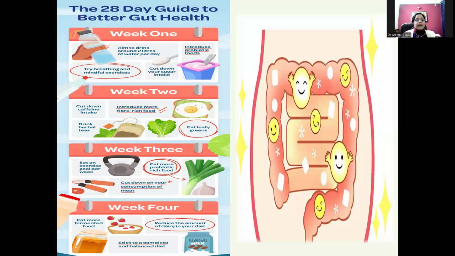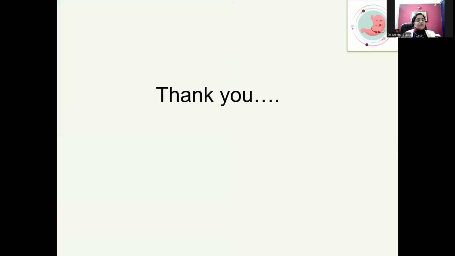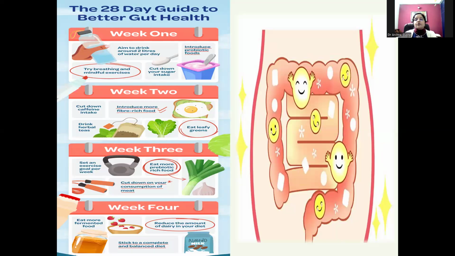फर्मेंटेड फूड्स को एड ऑन करना है। हमने जो स्ट्रिक्ट बैलेंस डाइट रिजीम बनाया, उसको हमने स्ट्रिक्टली फॉलो करना है, और जो हमारा डेयरी प्रोडक्ट का अमाउंट है उसको थोड़ा सा हमको रिड्यूस करना है। ये सारी चीजों को अगर हम प्रॉपरली करते हैं तो डेफिनेटली we can change our lifestyle and we can make our gut very much healthy, right?